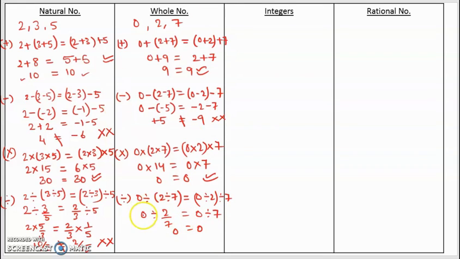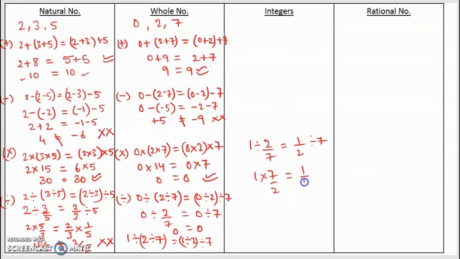But if you take any other number, for example, let's take another number as 1 divided by 2 divided by 7, then it will not work. So 1 divided by 2 divided by 7, if you see that, this will not hold true, because if you simplify this, it will come as 1 divided by 2 by 7 and should be equal to 1 by 2 divided by 7. Now I'm converting them into multiplication, so 1 into 7 by 2